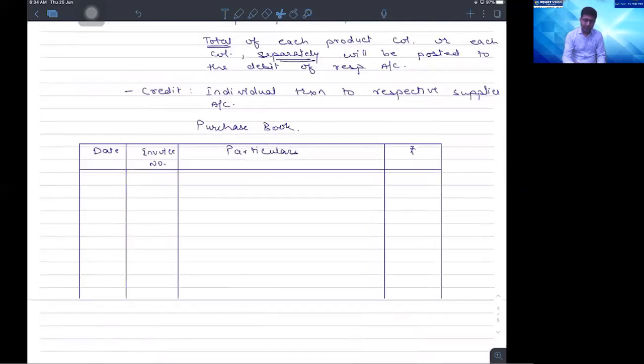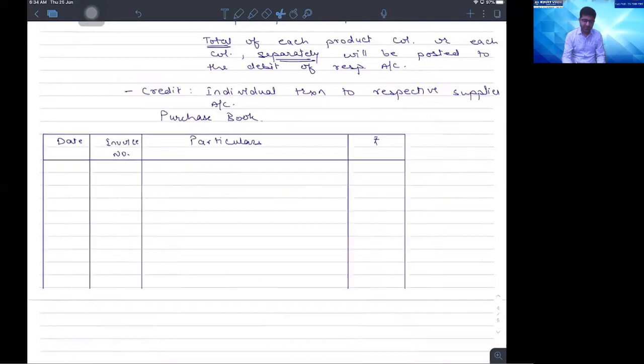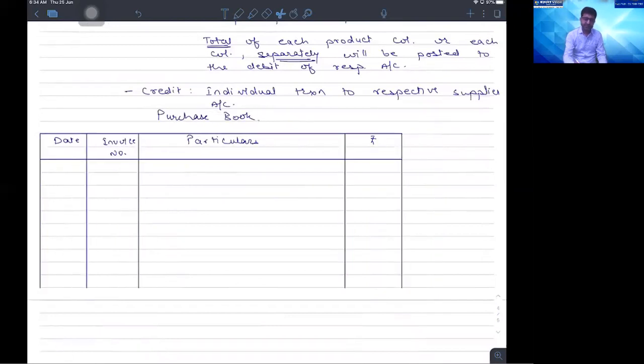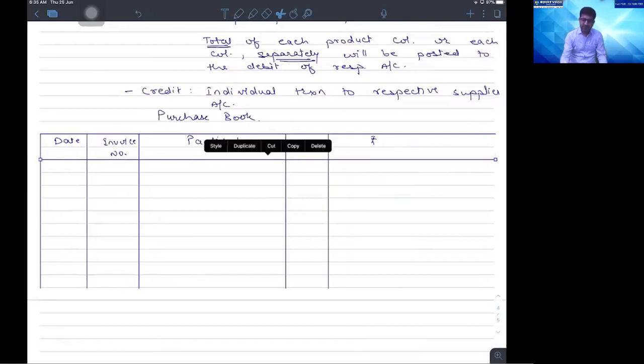So you'll have all these basic columns as it is, that is date, invoice number, particulars. And then you'll have the column for amount, in which you are going to mention the total of that particular invoice. Whatever is the total that you have dealt with for that particular transaction, that will be mentioned in that. And then the next column that you'll be having will be for